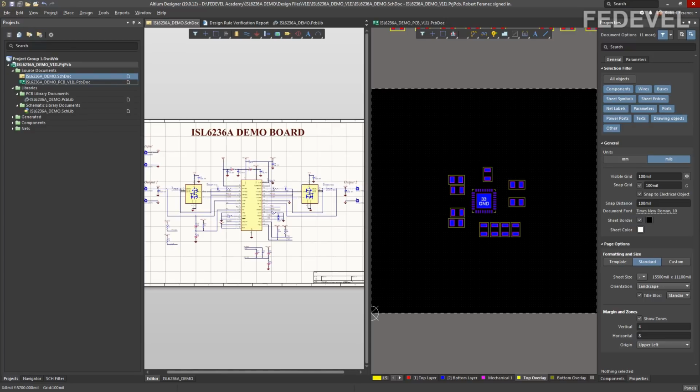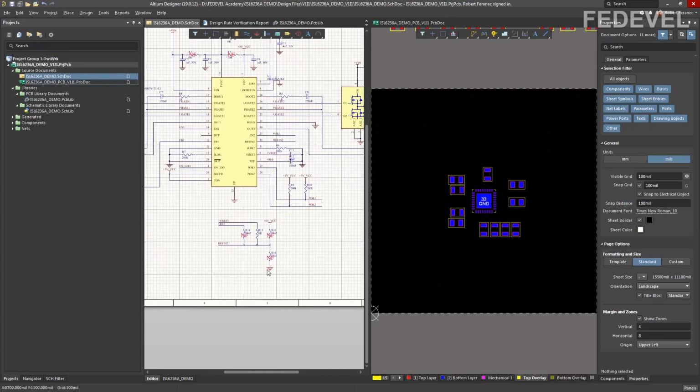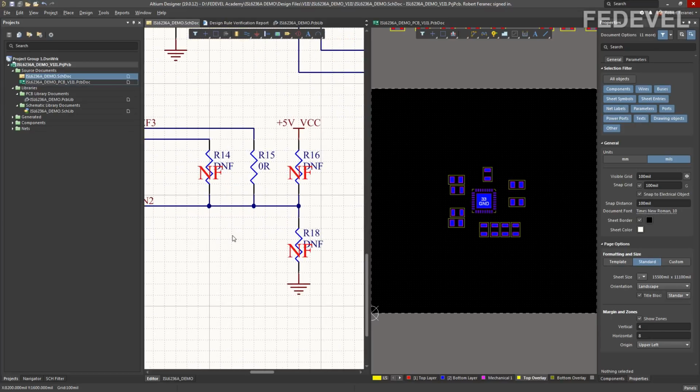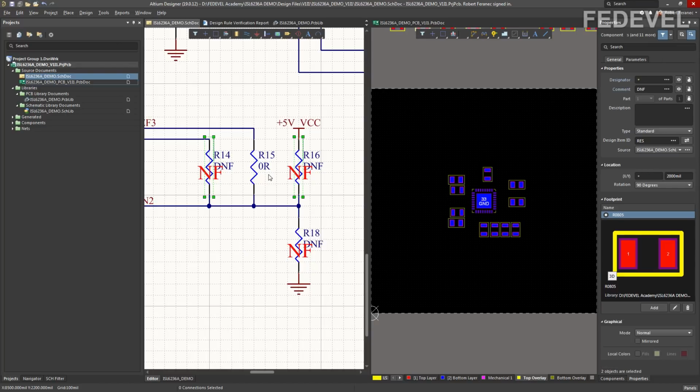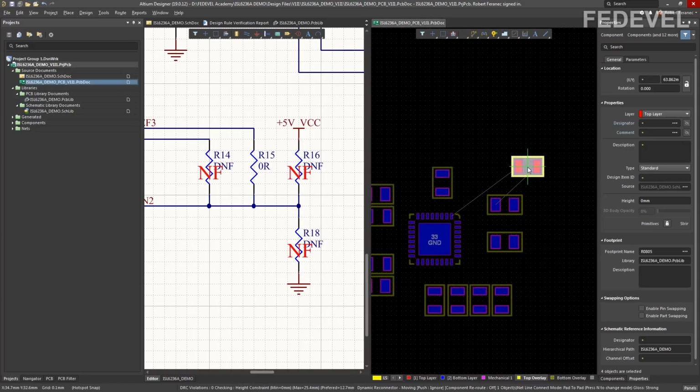We are going to place resistors around this second voltage divider, so select them like this. Left click, press shift, hold it down, left click, left click, left click, go into PCB, reposition selected components, left click, zoom in, L, place this resistor into position 26.4 by 32.8, okay?